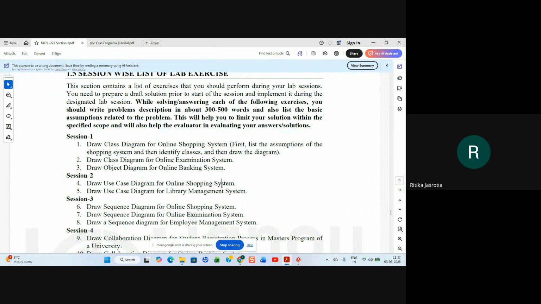So find out and try to draw it, and then after 5-10 minutes, we'll see who has drawn it, and then discuss the use case diagram for online shopping system. First, see who are the actors who will be using the online shopping system and who will be administering it, and then you will see the use cases. What are all the use cases involved in that, right?